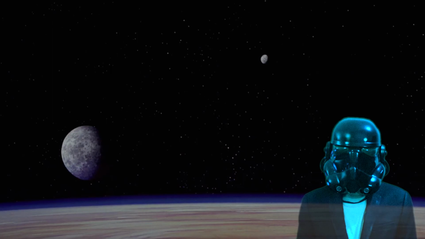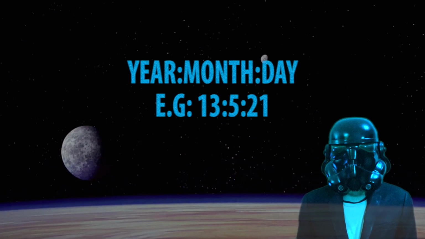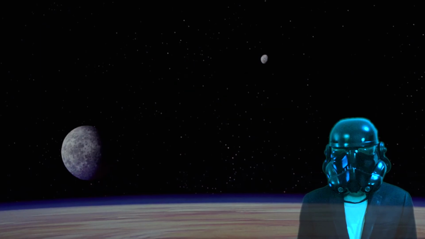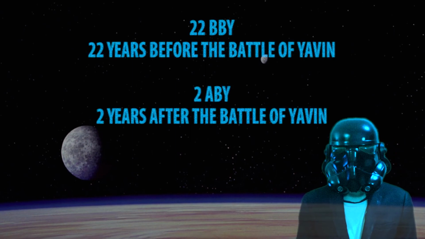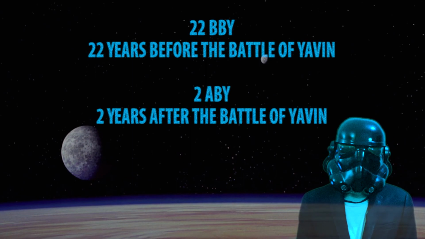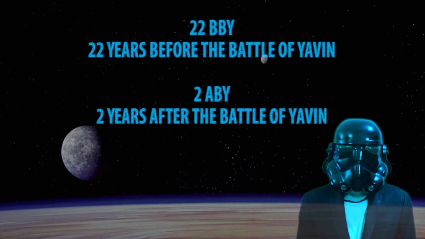During the time up to the Battle of Yavin, dates were kept in a year, month, day format, which we will be using for all the different representations of time we talk about in this video. Sometime after Episode 6, the New Republic made a new calendar system, with the Battle of Yavin being the major event it's based around. The Galactic Calendar, or the Galactic Standard Calendar, is most easily recognized written with a number and then ABY or BBY after it, with ABY being after the Battle of Yavin and BBY being before the